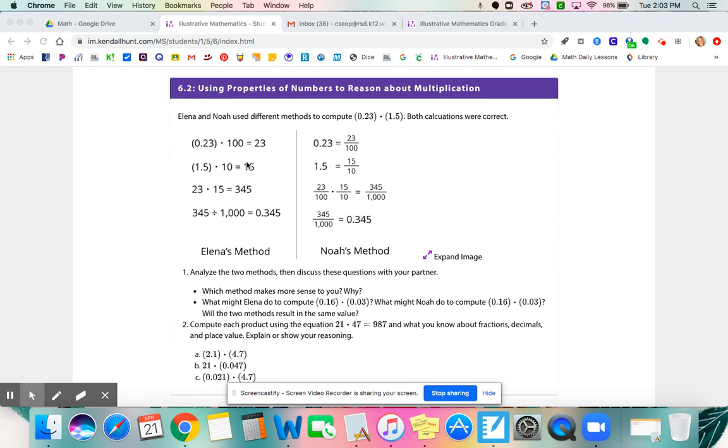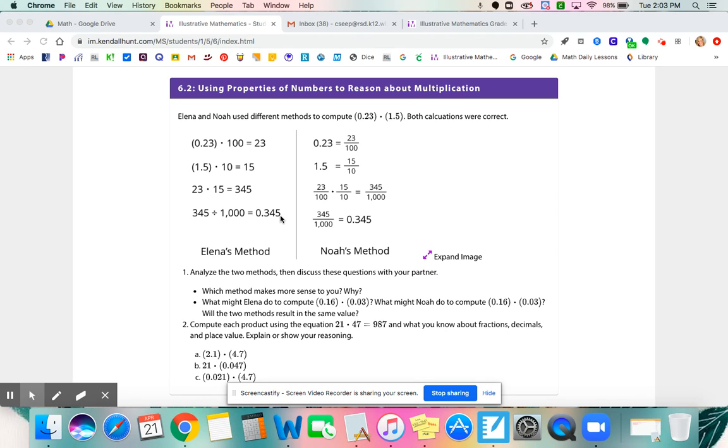We have Elena on the left. We have Noah on the right. They both are computing the problem 0.23 times 1.5. We're going to look at their two methods. They both get to the same solution here at the bottom, but they do it in quite different ways. And so we'll see if you can see how they have some similarities, maybe some differences, but why they both